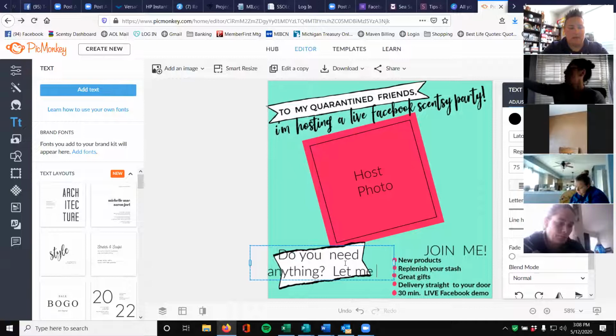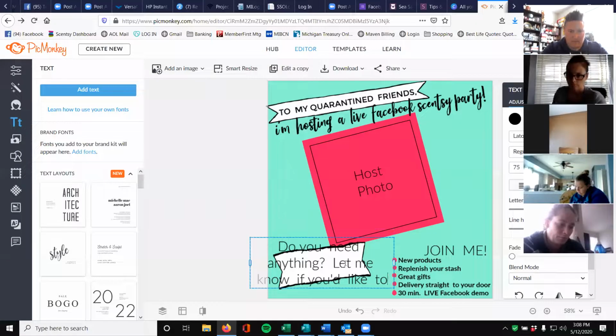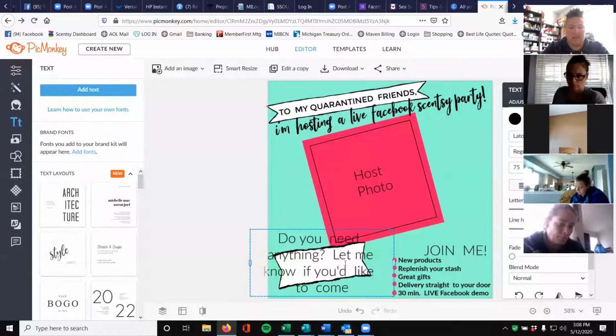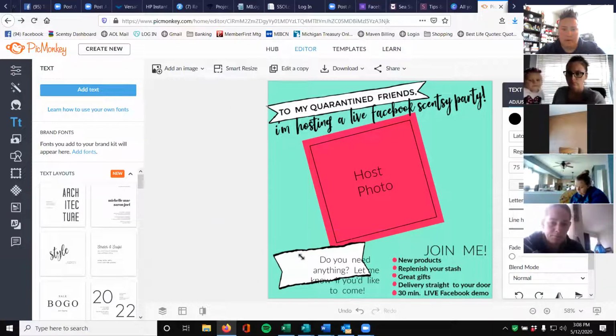Let me know if you'd like to come. Because you have to be invited. This is not just a mass post and hope people show up on Facebook. This is an actual intentional party that we're going to be doing. So,